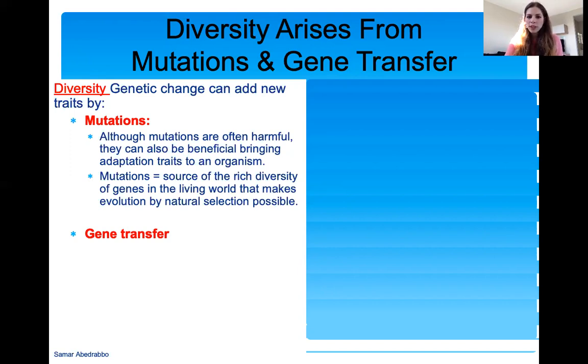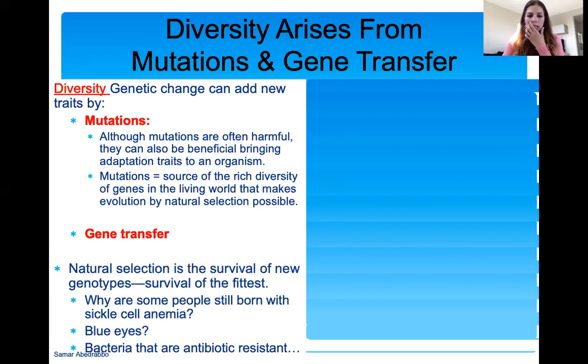And then gene transfer. We talked about three methods of horizontal gene transfer: transformation, which is naked DNA transfer; transduction, which uses a bacteriophage; and conjugation, which uses pili. And natural selection is the survival of the fittest. So why are some people still born with sickle cell anemia? There's a big question in evolutionary biology of why we still have mutations. As you can imagine, sickle cell anemia, we can talk about it later, protects you